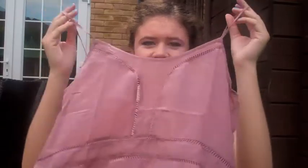Then in Urban Outfitters I bought this top. Now this top was such a good deal, but I didn't buy it just because it was in the sale or anything. This was originally £42, but I got it for £18, and they did it in, I think, a paler pink and then maybe like a beige, but I got it in this colour, and here it says mauve, but I call it like a dusky rose colour. And it's just like that,